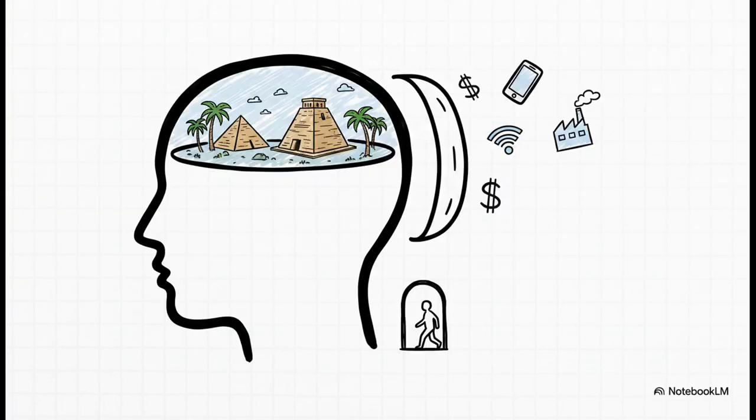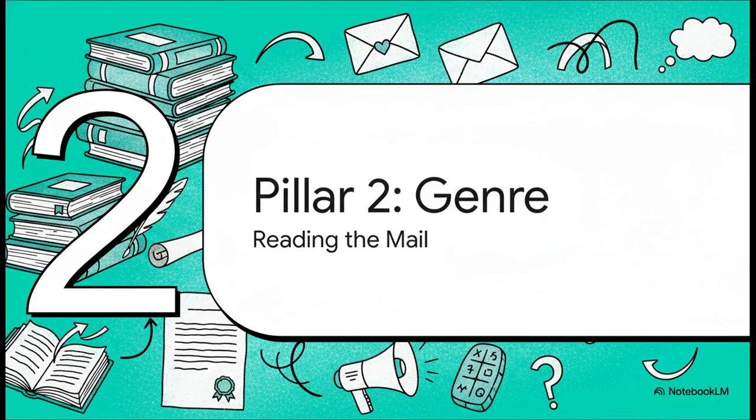So the big takeaway for this first pillar is pretty simple, but it's huge. To really get the Bible, we have to meet it on its turf. We have to learn its way of thinking, its symbols, its stories, instead of trying to cram it into our own boxes. Okay, let's move on to pillar number 2, which builds right on top of that.